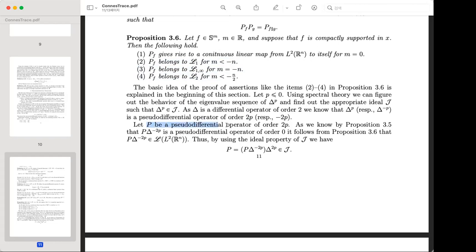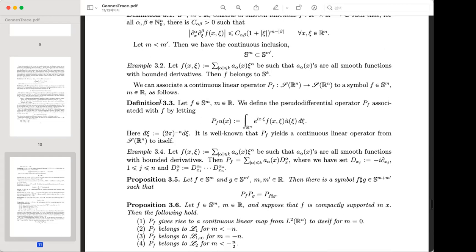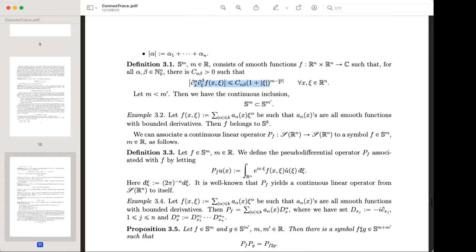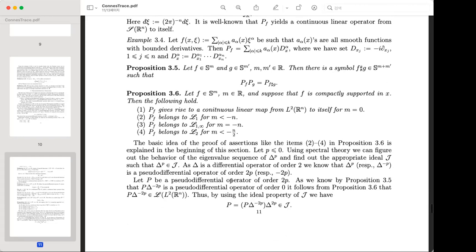Let P be a pseudo-differential operator of order 2P associated with certain symbols. So this is an operator created in this way, associated with the symbol satisfying this estimate with order 2P. Then we know by the composition property in Proposition 3.5 that as this is a pseudo-differential operator